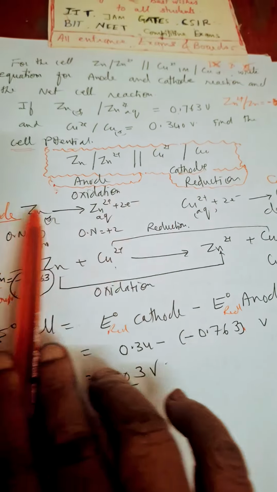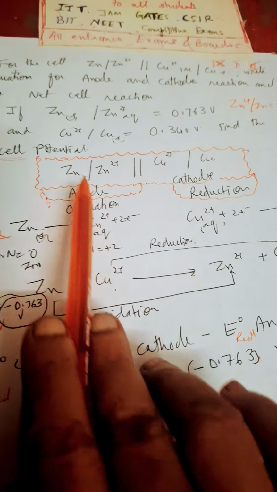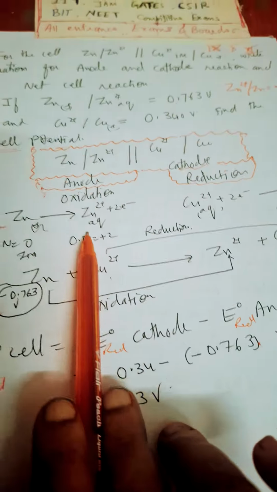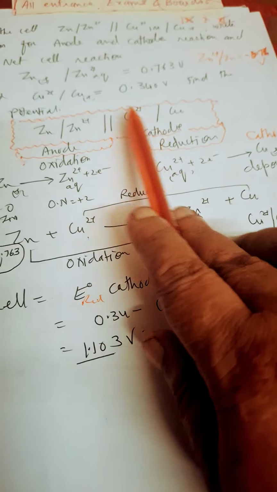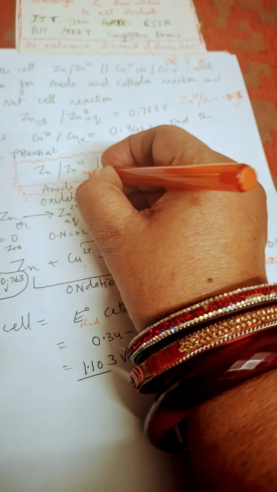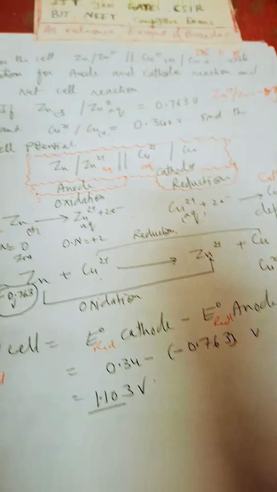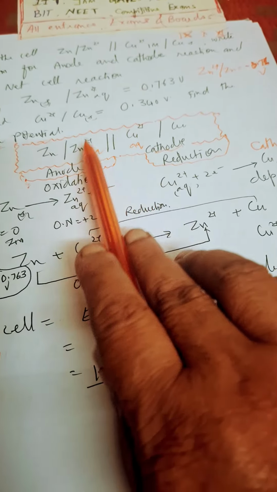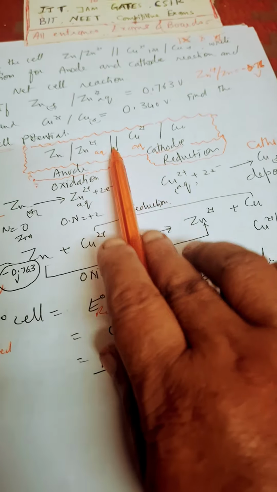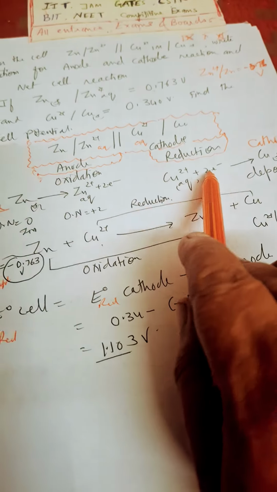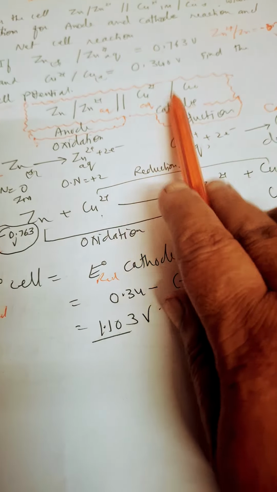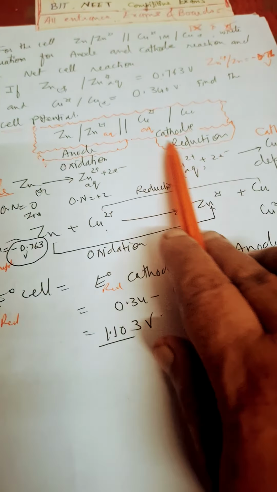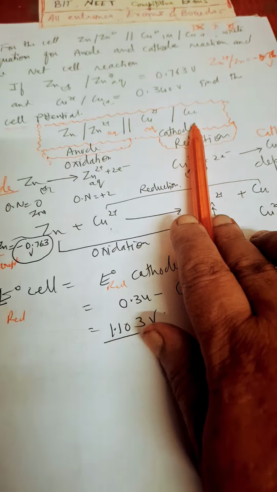By this we can construct the cell: Zn | Zn2+ means Zn is oxidized to Zn2+. It represents this, and they are in aqueous medium, in connection with the salt bridge. Always remember that positive charge will be coming over here in contact with each other, and Cu2+ grabs 2 electrons and converts into copper. So copper is deposited. Which is anode? This is anode, it is oxidized. Which is reduced? It is cathode. So anode and cathode, you understand.